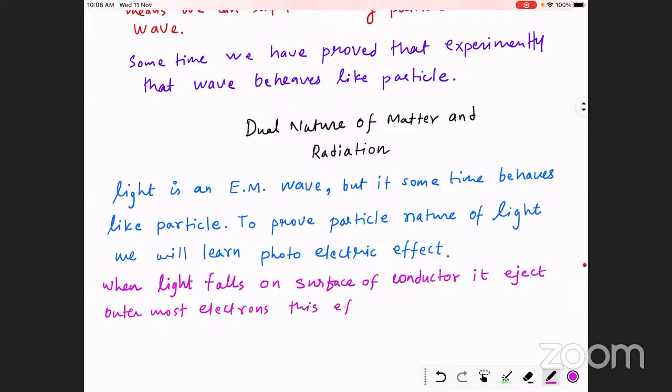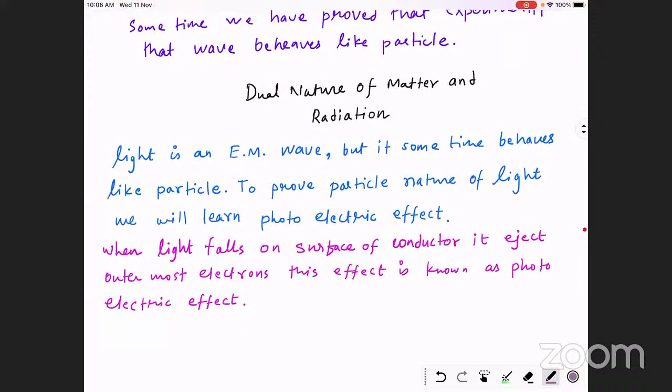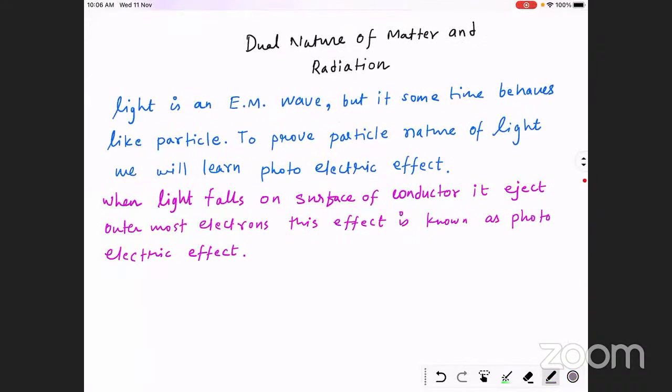This effect is known as the photoelectric effect. Okay, right. Note,